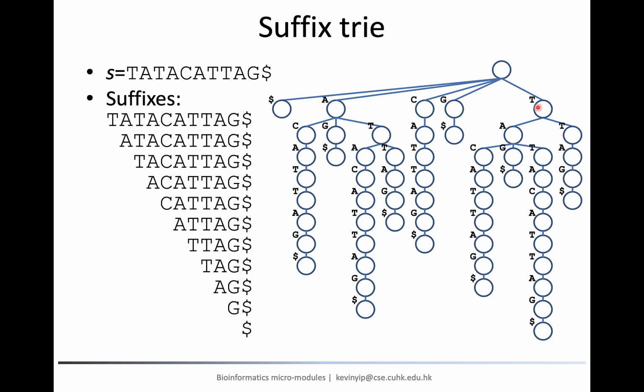The second thing to mention is that here we attach the character labels to the nodes, but equivalently, we can also attach them to the edges. For example, here there is a child node of the root labeled $. We can also put this $ label to this edge that connects the node to its parent instead.